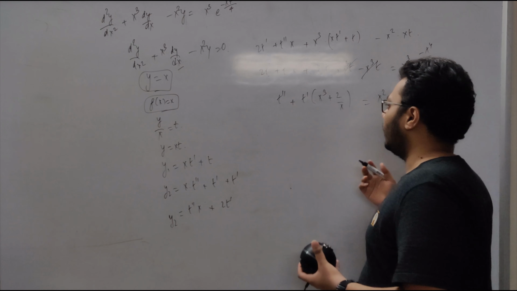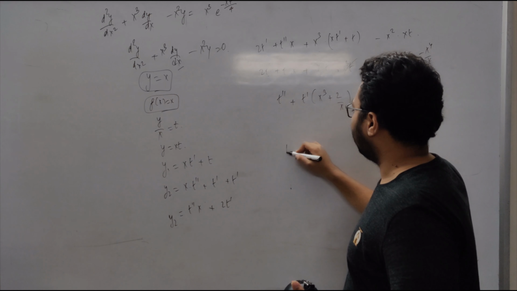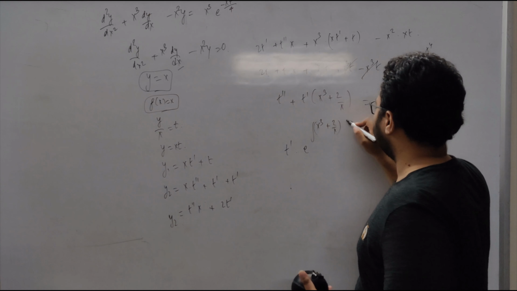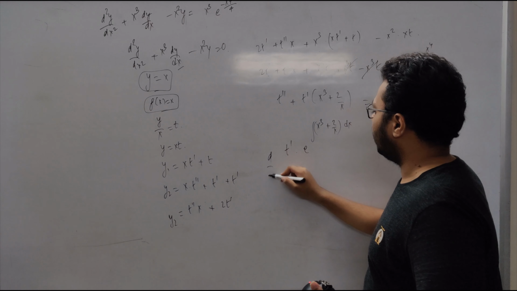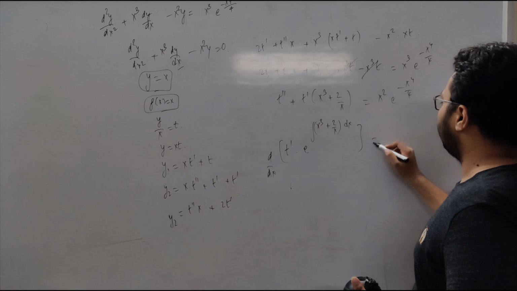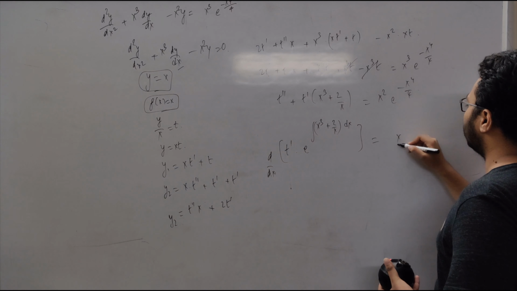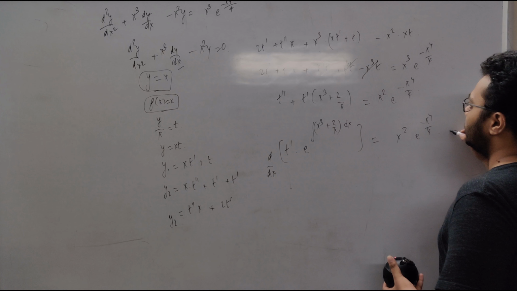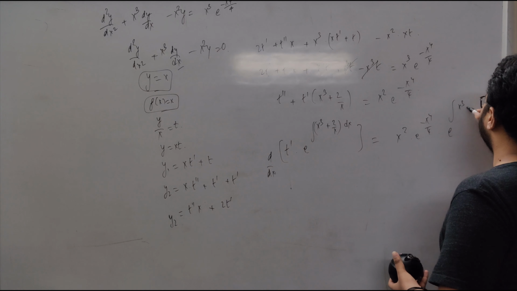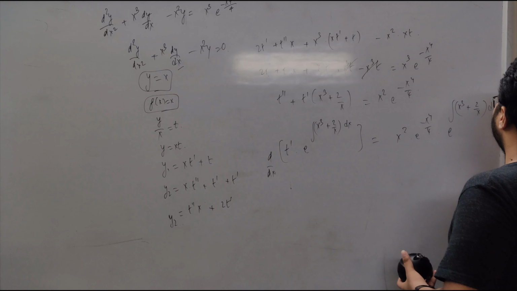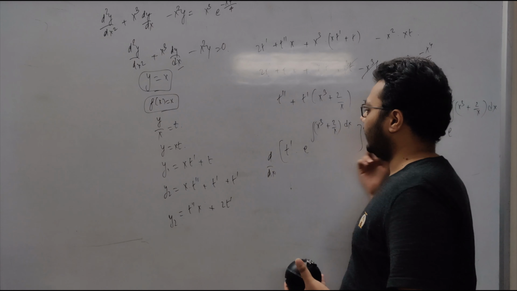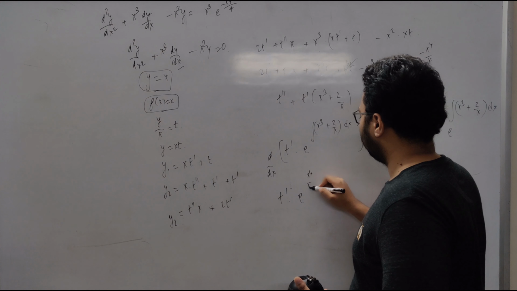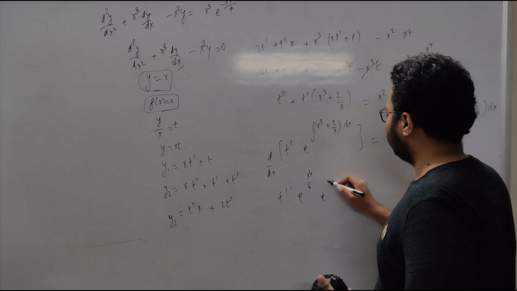Now this is a first order linear differential equation, and we have to multiply by e to the power integral x cube plus 2 by x both sides, and on the LHS it is the derivative of this product, and on the RHS it is x square e to the minus x4 by 4 times e to the power integral x cube plus 2 by x dx. So when we integrate both sides, we have t dash e to the power x4 by 4 into e to the power 2 ln x.